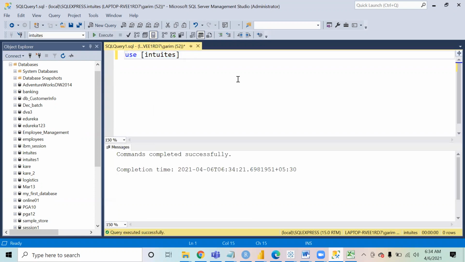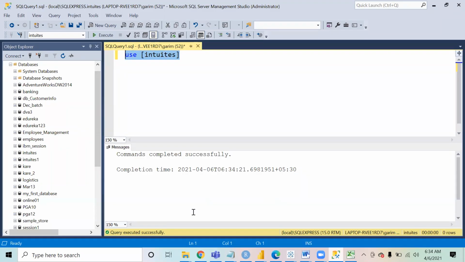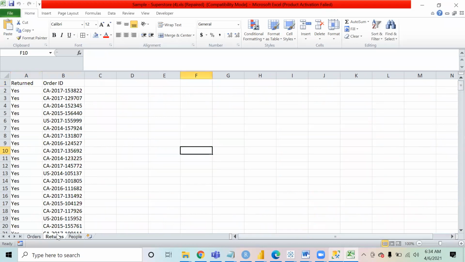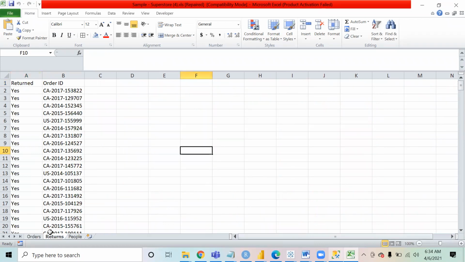Now we have to import our data. When we import this data, it should be saved into one table in our database that is already there. In this database, I want to import the data of the orders tab. If you see the Excel, we have two more sheets: one is returns and one is people. It happens many times that when you order something and the customer doesn't like that order, they can return it. So there is a returns tab as well. In the returns, we can see some order IDs which are returned by the customer.